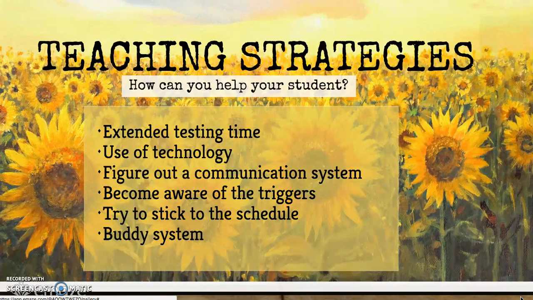Sit the child down and ask what his or her triggers are. This way, you may have a better idea of what to avoid and how to better help them. Sticking to a schedule is a great way to help a child with OCD, as changes can be very disruptive for them. The buddy system can also be a helpful strategy. It can help the child to not feel alone, as well as to provide the child with someone to help them focus and stay on task. It's also a great way to foster a friendship, as many students with OCD feel misunderstood and alone.